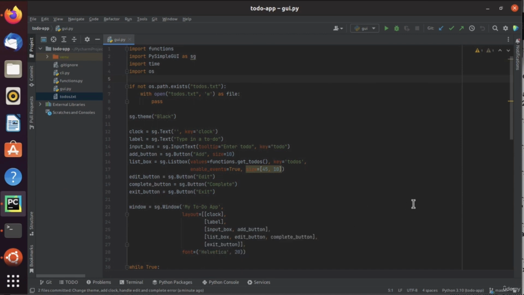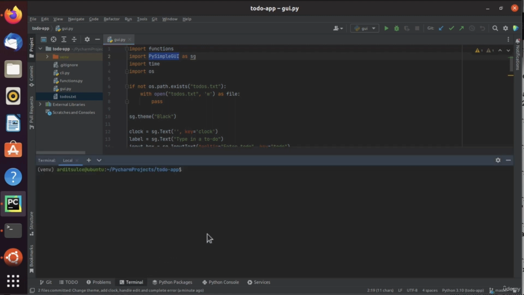Linux users, now we're going to create an executable which runs on Linux computers. So I am on a Linux operating system, so you should also be on a Linux operating system if you want to create a standalone executable for Linux. To create the executable, we need a third-party library for Python. So just like we had PySimpleGUI, now we need something called PyInstaller. So for that, you need to either go to the terminal and do pip install PyInstaller,